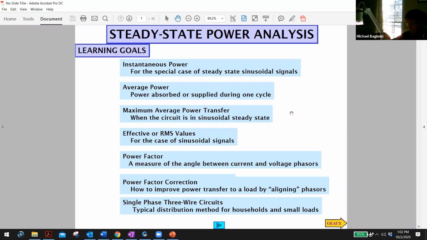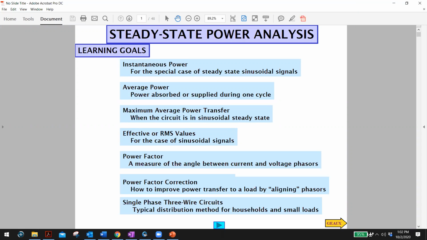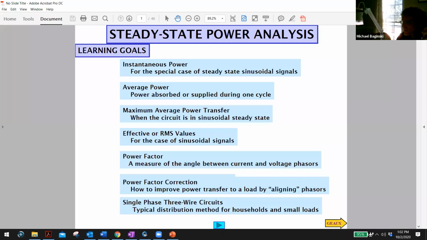Now, what I wanted to do is just use this PowerPoint for one reason: to sort of springboard into problems. This is a pretty good PowerPoint, and I don't think you'll have any trouble understanding it. I'm going to go through it with you. All right, but what I'm going to just tell you about is steady state power analysis